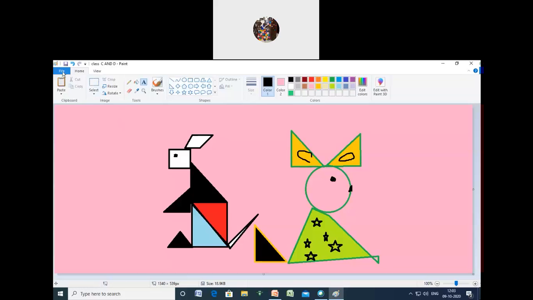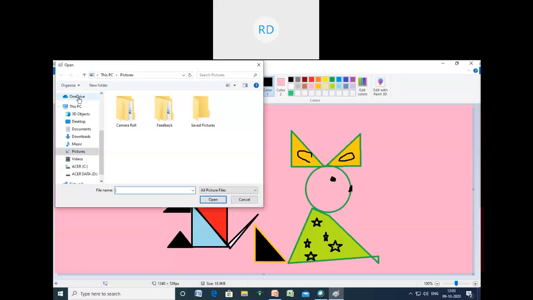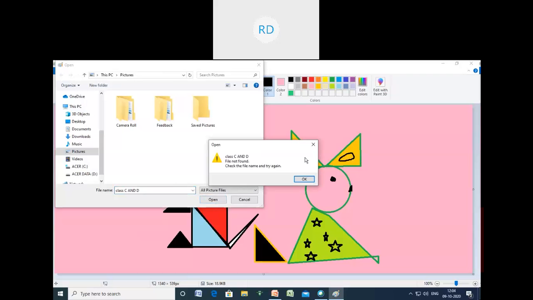If you want to check again, if you want to take your picture again, where do you have to go? File. Save there. If you go and search, you can find that one. Open. Do you want to take your picture there? Just give your name there. Class. You can find your picture. Okay, very good children. This way again you can open that one.